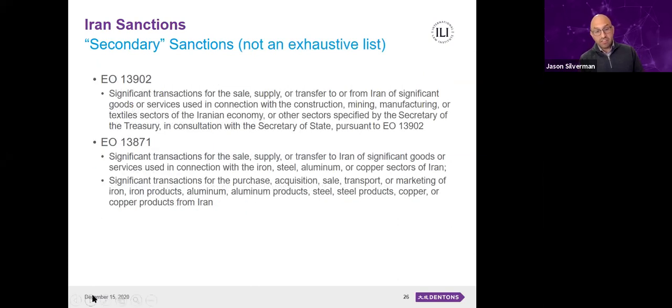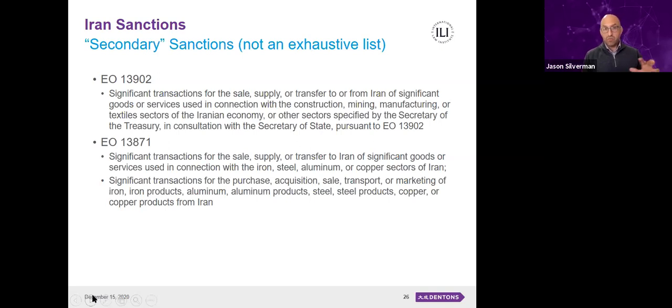Then, to give you an idea of some of the conduct for which the U.S. will impose secondary sanctions on non-US persons. These are just a few examples. Now, this is not an exhaustive list. I think it would be fair to describe the secondary sanctions authority under the Iran program as sort of a web of